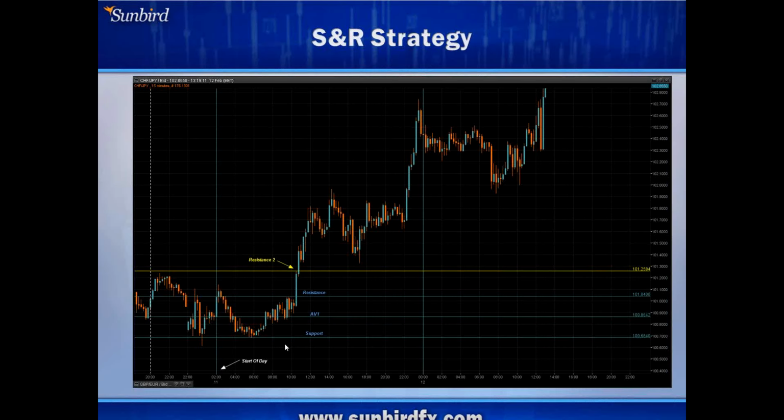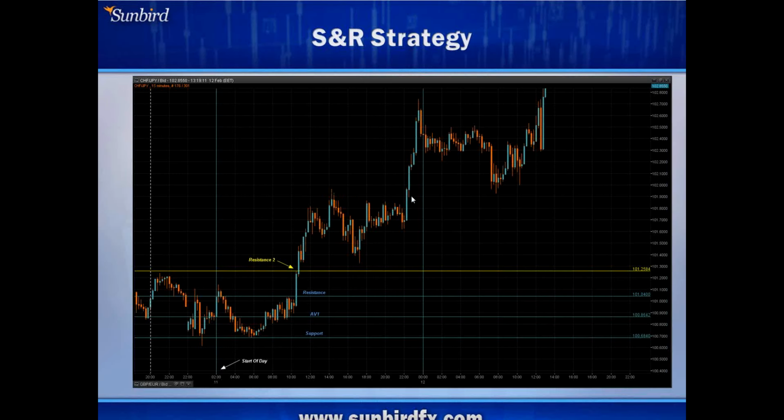Now, this is just a basic SNR strategy. As you can see, I put my resistance again here, my support here. I'll tell you exactly when I actually open my platform, it will be between 8 and 10. And this is when I put my resistance and my support and my average 1. And basically, on the SNR strategy, if it passes through resistance or support, I either go short or long. And here, I opened a long position, and as you can see, it went back up. Now, you can put another here, as you can see,